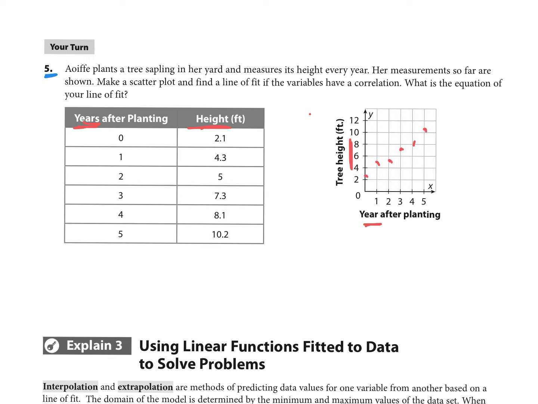Okay, so this is make a scatter plot, find the line of fit. If the variables have a correlation, what is the equation of your line of fit? Okay. So these obviously have a correlation, a positive correlation. And I would even go so far as to say that +1 is our best correlation